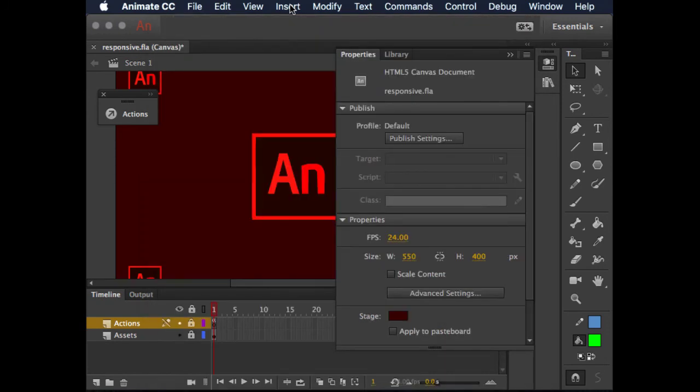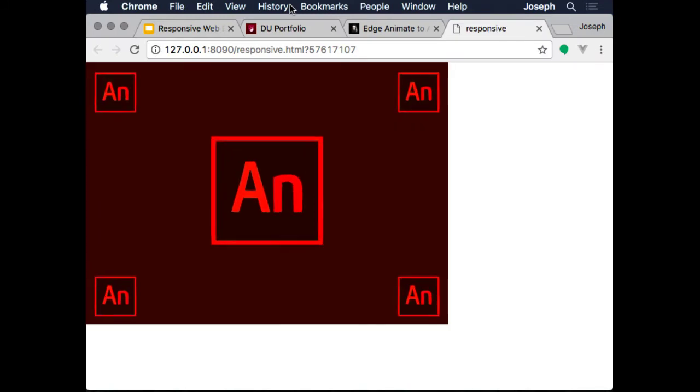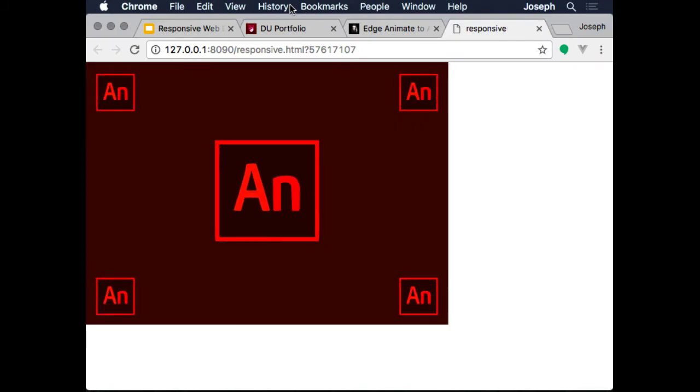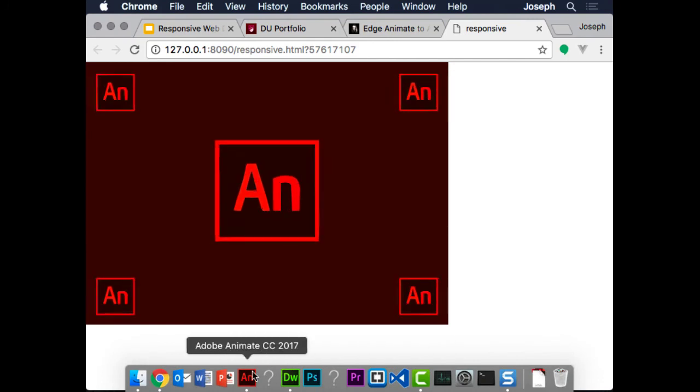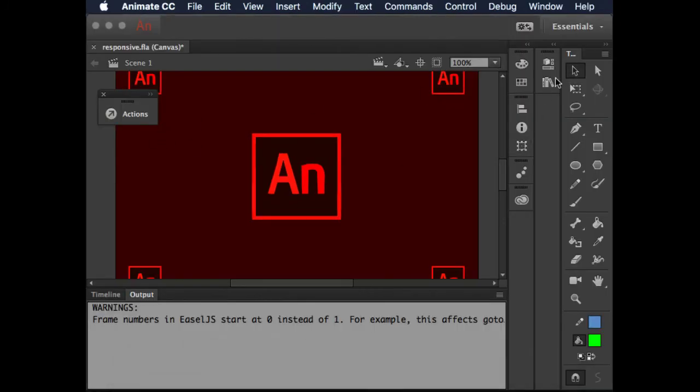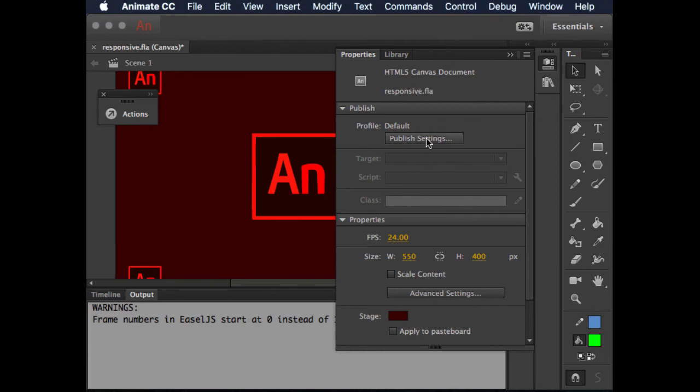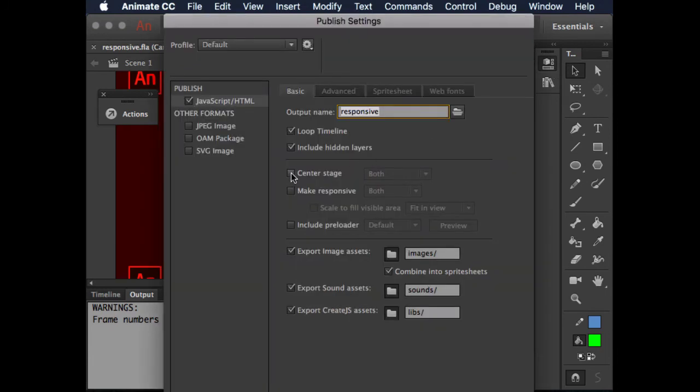Good. So if I do a Command Enter, it shows the sort of default view for something like this without any sort of responsive stuff available at all. But then if I go back into my publish settings, we can do something like make responsive. And you can say you want to make it responsive on both the horizontal and vertical, or just width or just height. It depends on what you're doing, right? So if I say both here, and